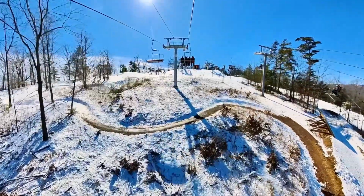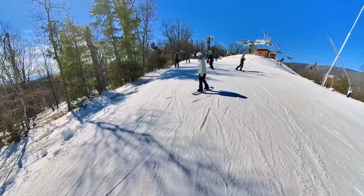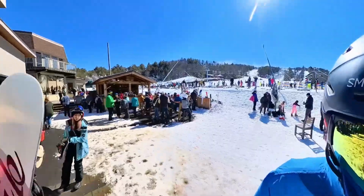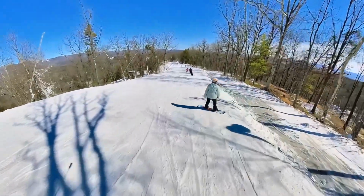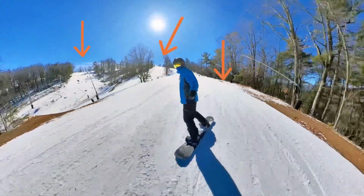Bryce has 2 main lifts that start by the lodge and go all the way up to the top of the mountain. In contrast to bigger ski resorts, Bryce only has 1 plane of slopes, meaning you start at the base by the lodge and both main lifts take you up to the top. And no matter which combination of runs you take, you will eventually return to the same spot at the base